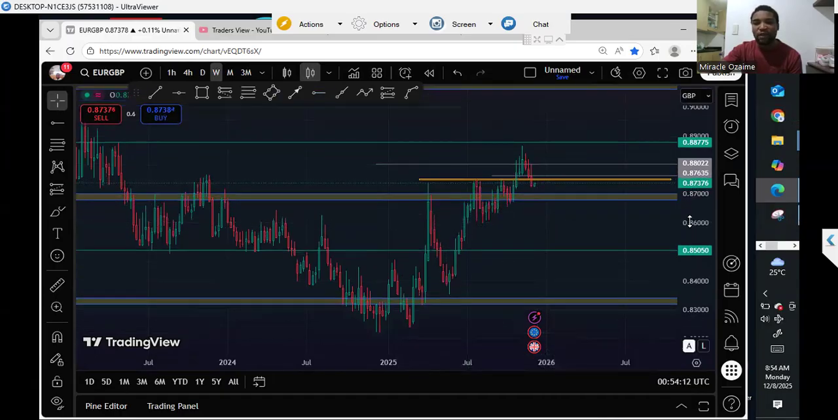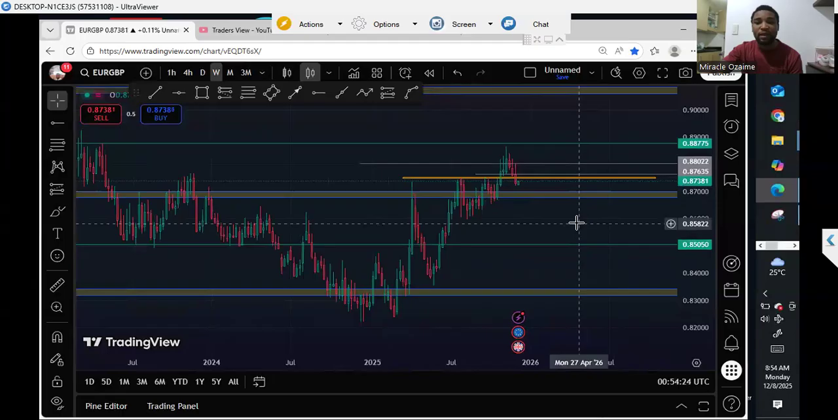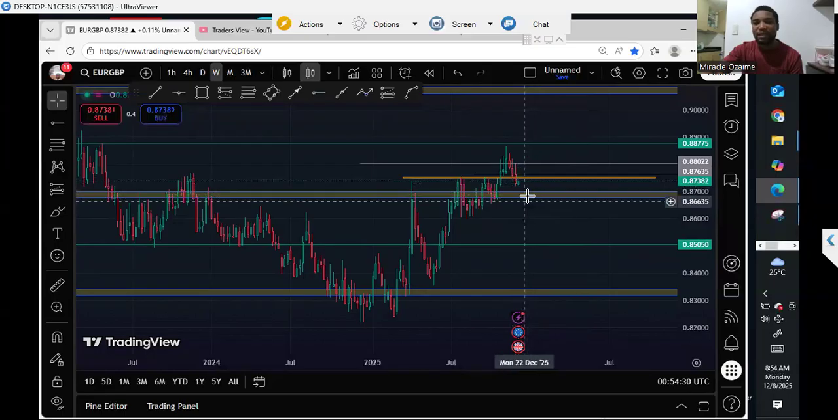So I'll be very careful because this region is still on top of the previous structural region. I'll be very careful around this area. I am kind of looking for price, if price wants to continue to the upside, it should form a base around this area. So the next thing I'm going to check on this